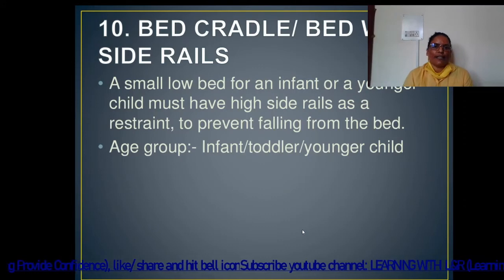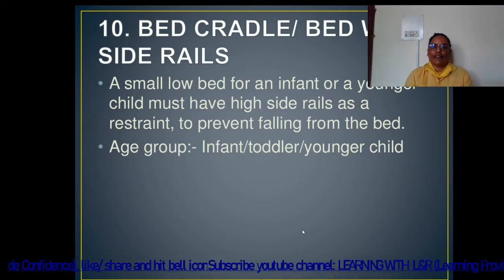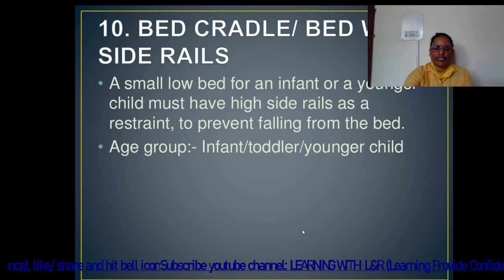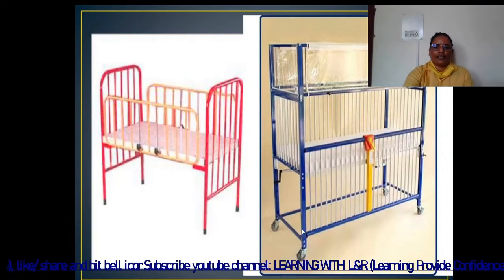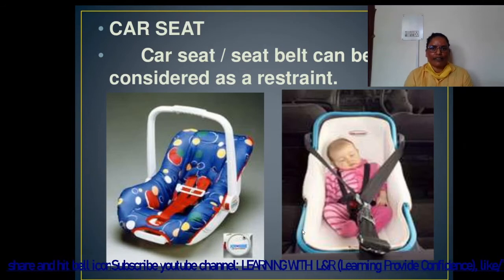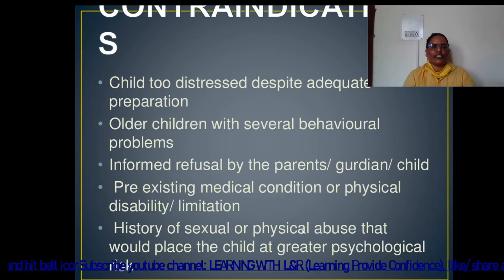A small low bed for an infant or a younger child must have high side rails as a restraint to prevent falling from the bed. The age group is infant, toddler, younger child. Then car seat. A car seat belt can be considered as a restraint. And contraindications of this: